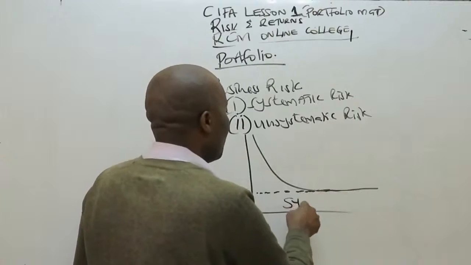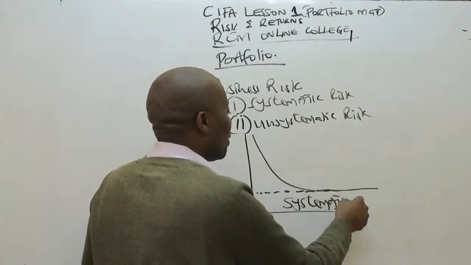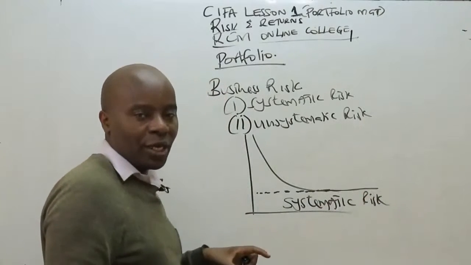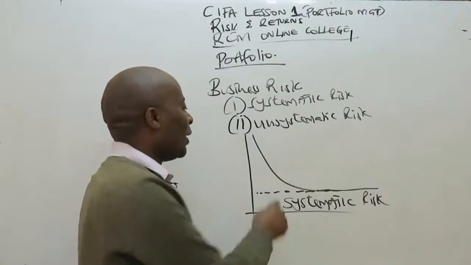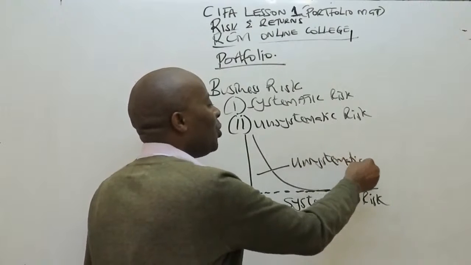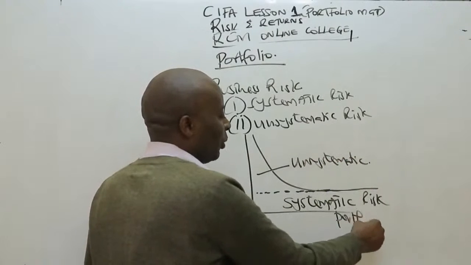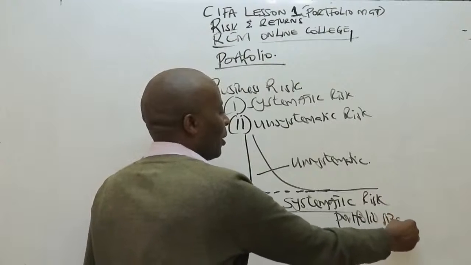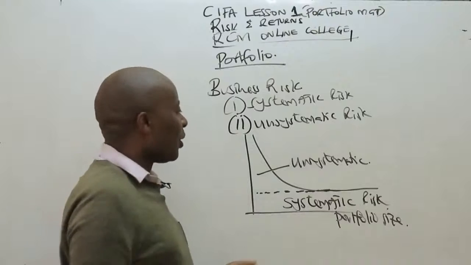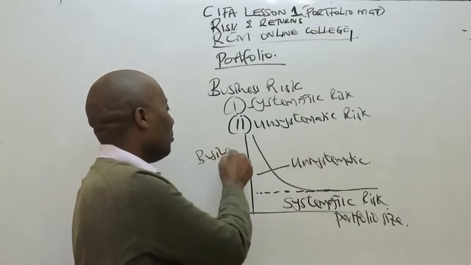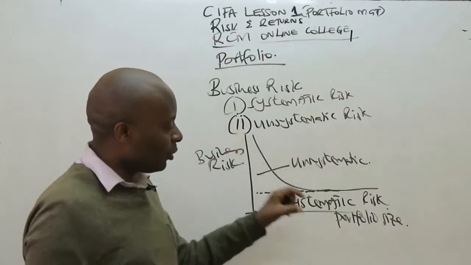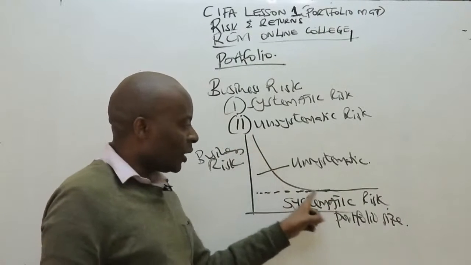And down here, we'll be talking of the systematic risk, the one that is uniformly distributed in the industry. And then here, we'll be talking of what we call unsystematic risk, the one that reduces as our portfolio size, capturing the number of investments, grows. This is the business risk. So as the portfolio size grows, we'll have risk reducing.